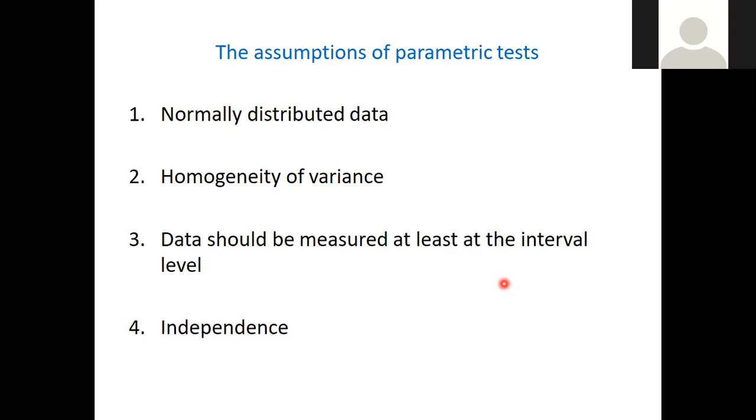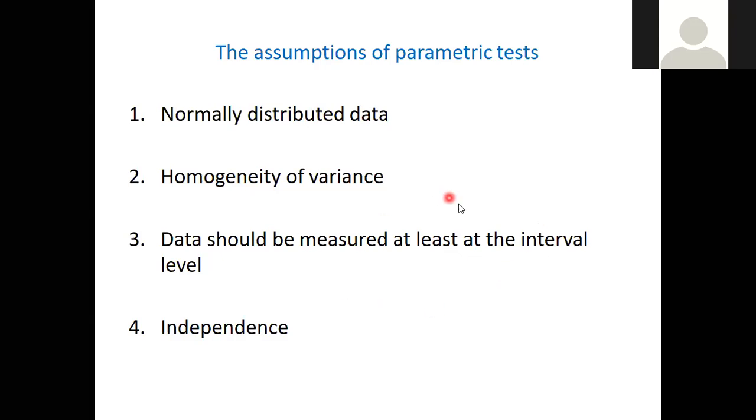If you are doing ANOVA, you are comparing the means of three groups. It's still there also. The means may differ, but for you to use a parametric test, there must be homogeneity of variance. In each of the groups, the spread should not differ. Even though it may appear as if you are observing a difference, they should not be too different. When you put it to test, it should not show that the spread is different. That is homogeneity of variance.